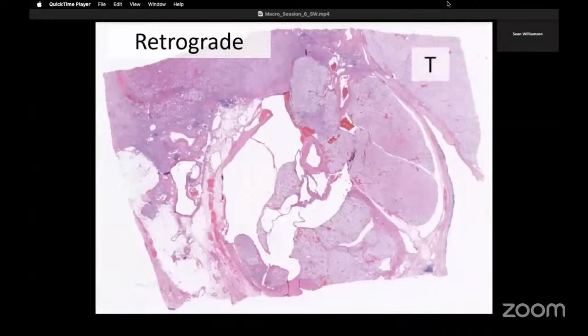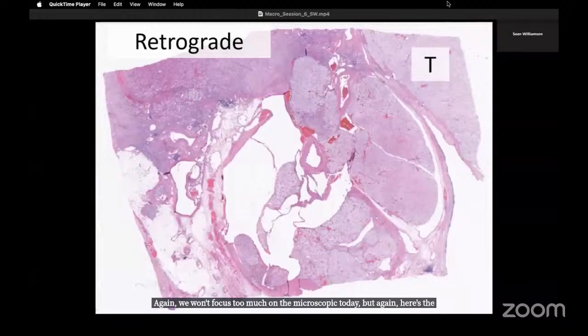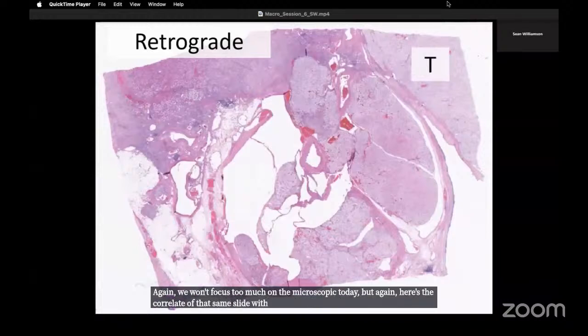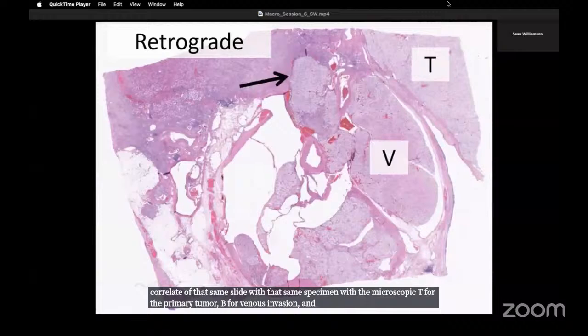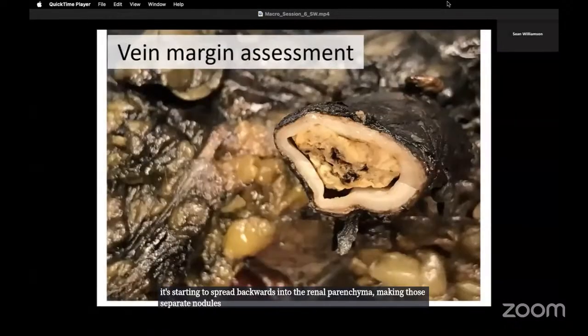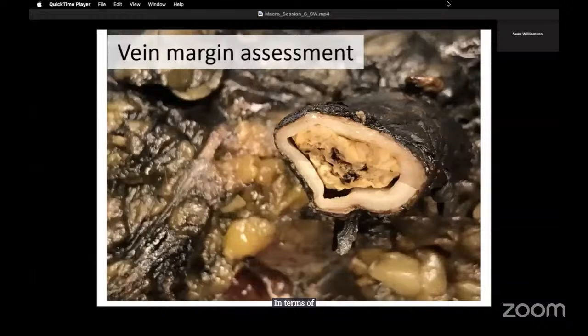Again, I won't focus too much on the microscopic today, but here's the correlate of that same slide with that same specimen with the microscopic: T for the primary tumor, B for venous invasion, and then at the arrow you can see it's starting to spread backwards into the renal parenchyma, making those separate nodules. In terms of assessing the renal vein margin of a nephrectomy specimen,